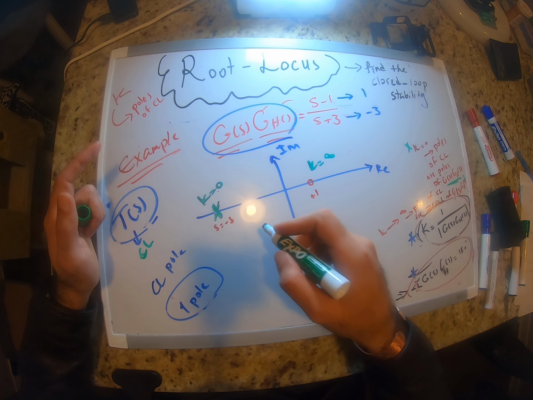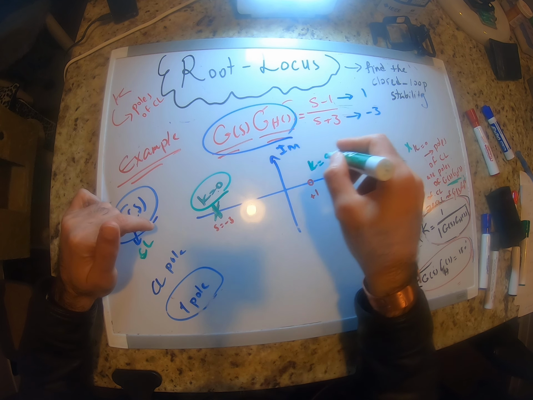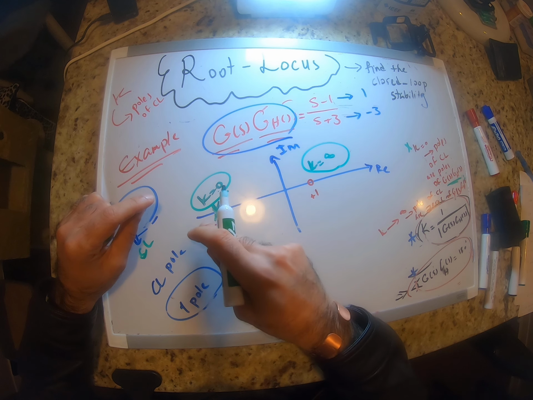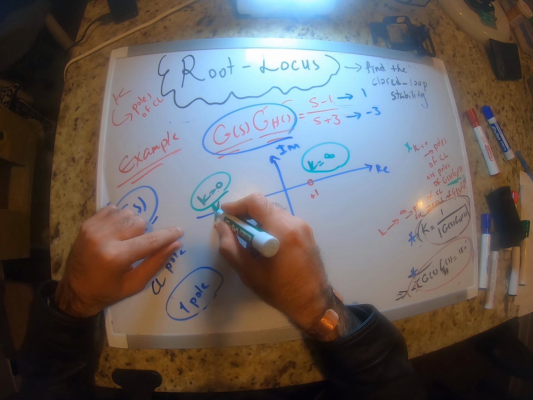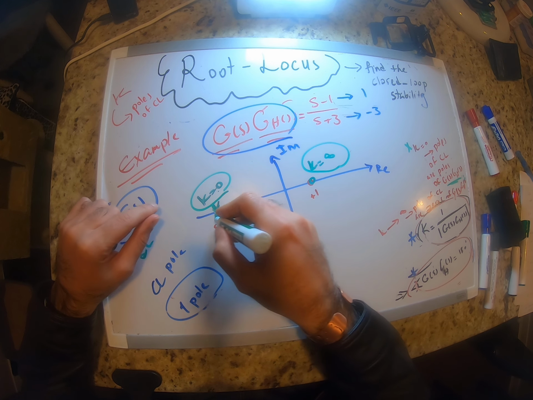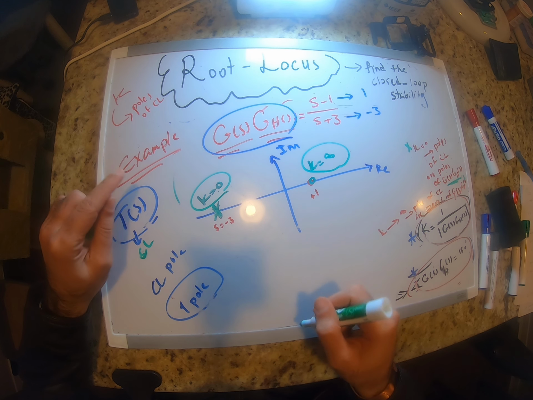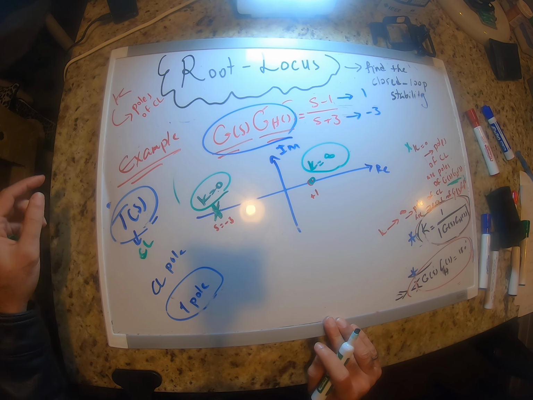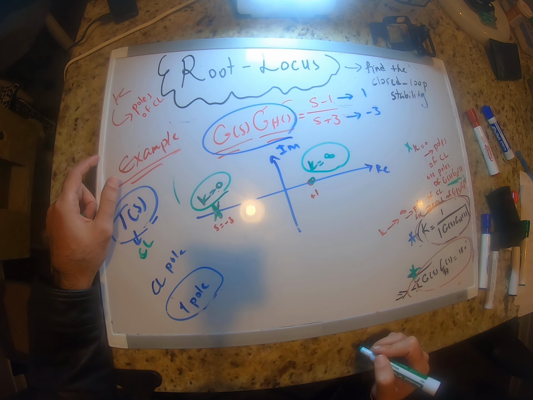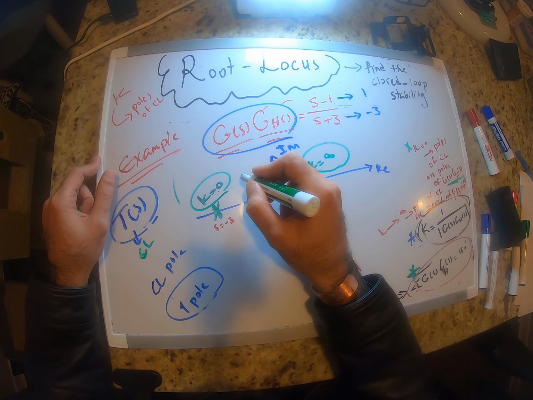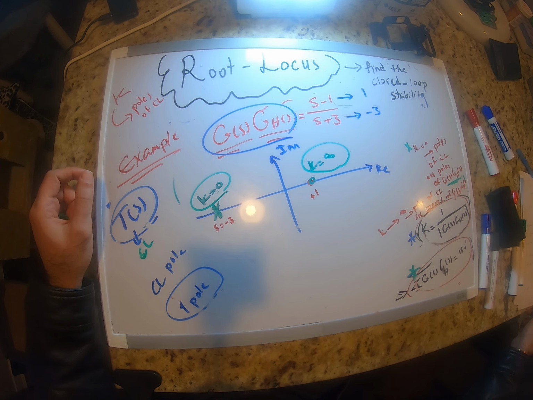So we want to know how, when k changes from 0 to infinity, the closed loop pole is going to move. We know that it's going to move from here to here, but how? Is it going to go from here to here, from here to here, from here to here? Okay, so we know that